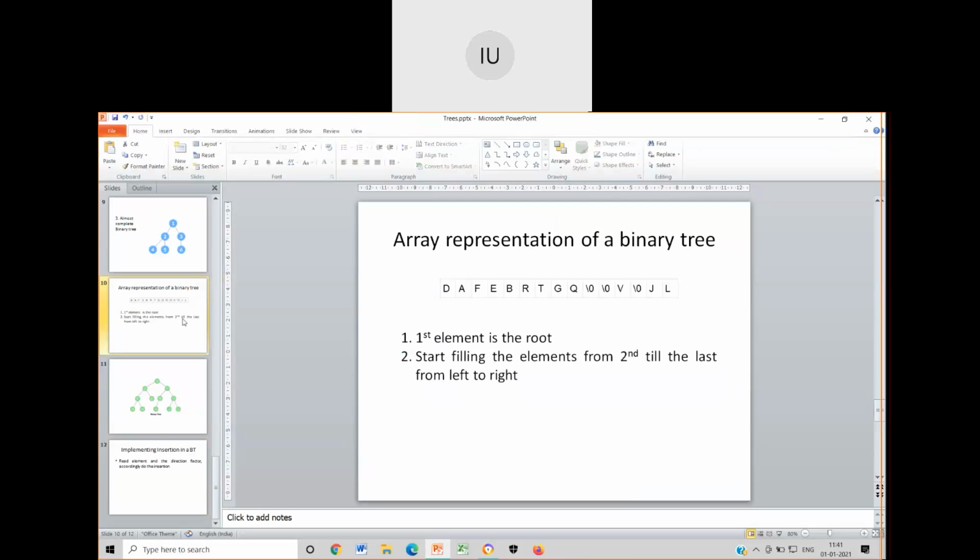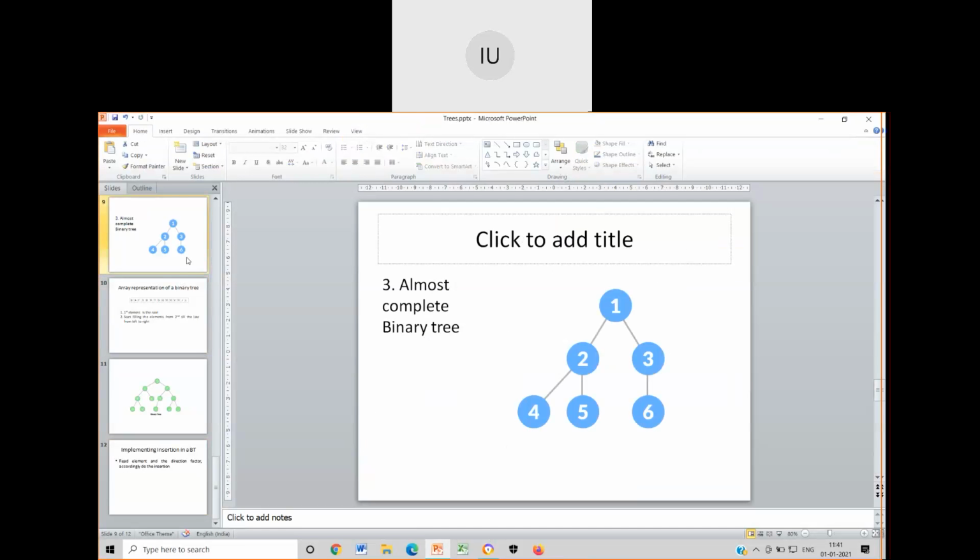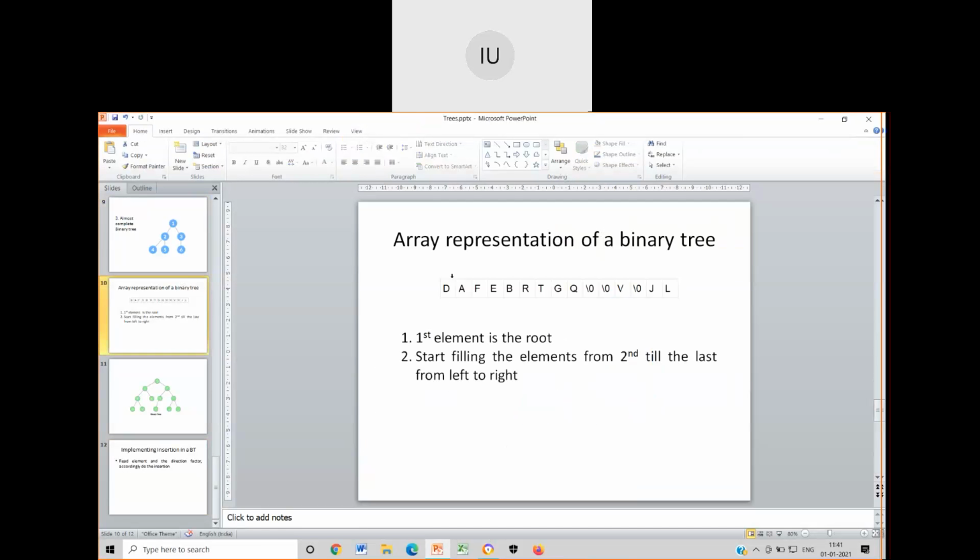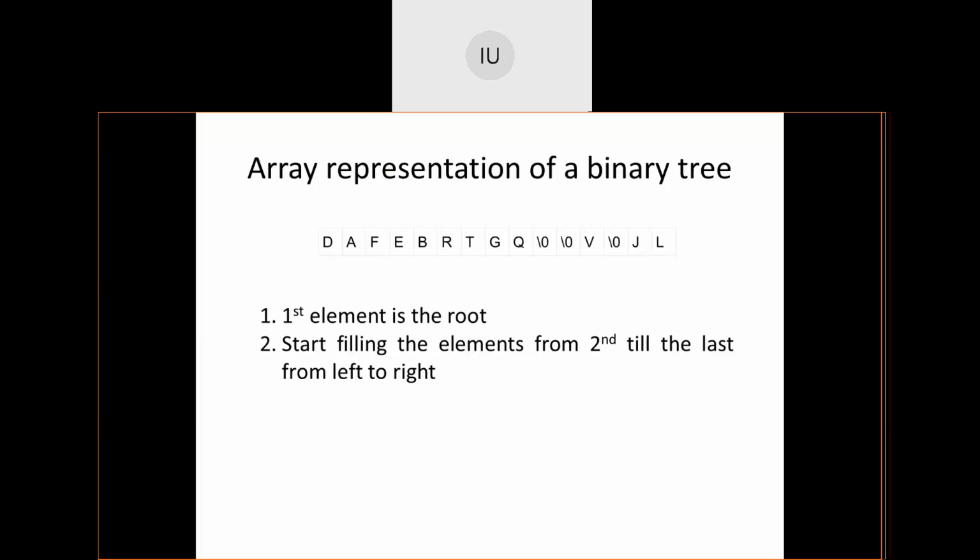Probably I had stopped at this point, and now I'll be going through this. Is the slide visible to you, and is the font okay for you? Please let me know from your end. Yes, ma'am. Okay. So you can see I have taken a simple array representation,